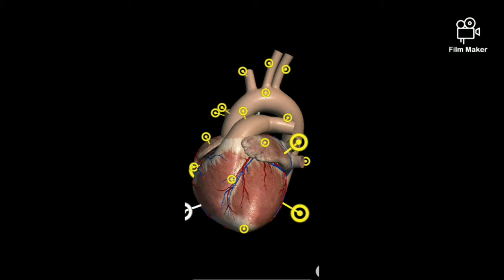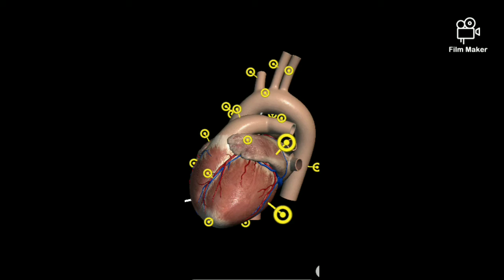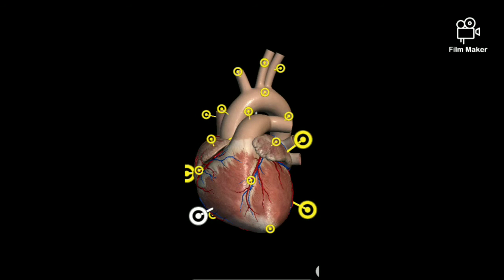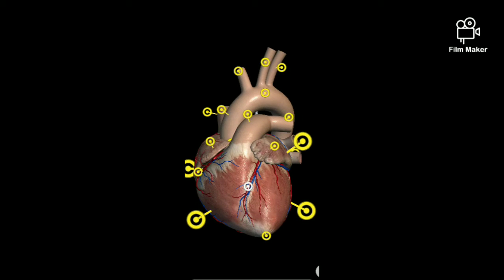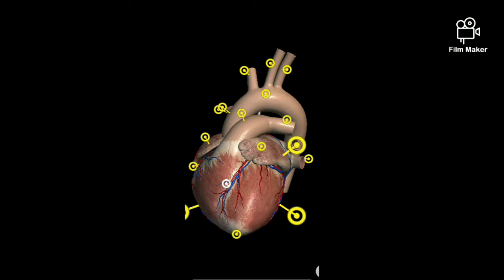The outflow portion, leading to the pulmonary artery, is located in the superior aspect of the ventricle and is derived from the embryological bulbus cordis. The interventricular septum is also very important. It separates the two ventricles on the inner side and is composed of a superior membranous part and an inferior muscular part.